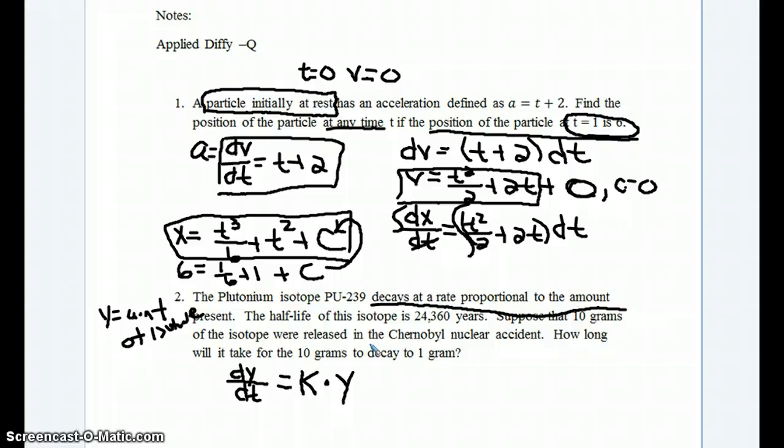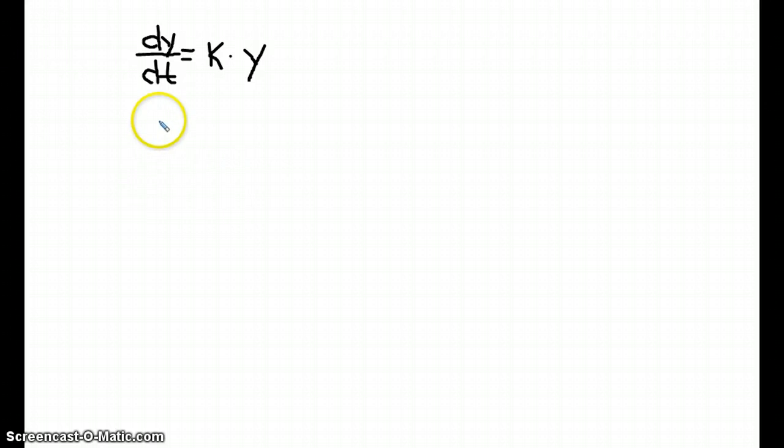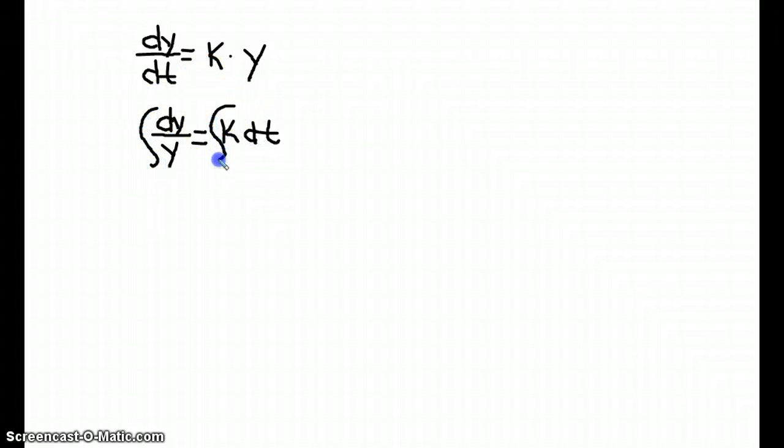All right, so here we go. I've got dy/dt equals k times y. I have to separate the variables if I'm going to solve for that. So I get dy over y is equal to k dt. I would keep the k over here. So integrate. This is an ln. So this is the ln of y equals